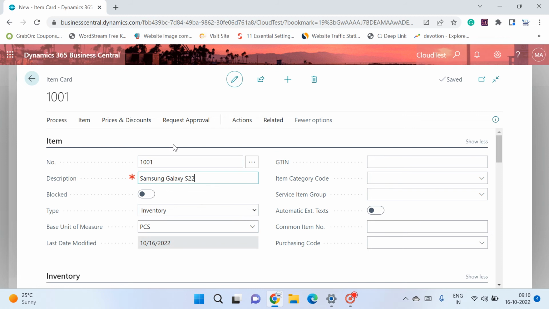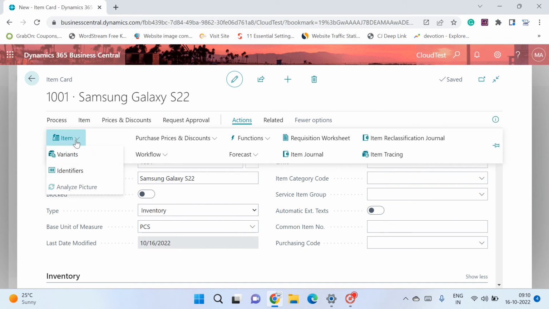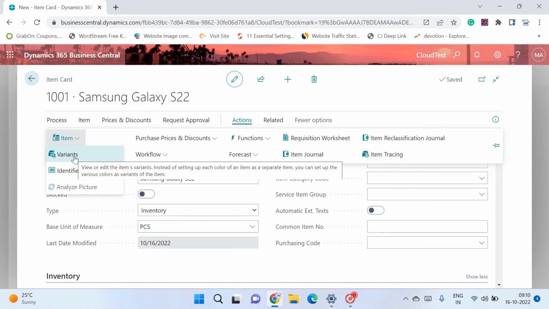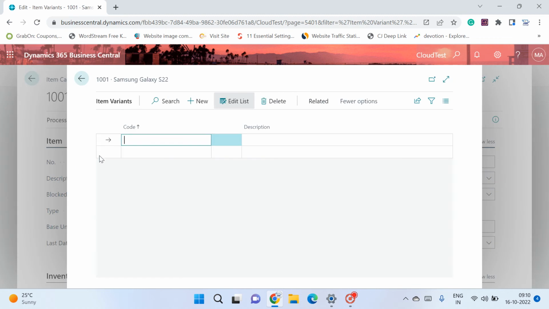So our main item is Samsung Galaxy S22 only, but to handle the inventory parts, to maintain everything from the quantity perspective, what we can do is go to Actions, click on Items, and here is the option called Variants. If I click on this, this screen gives us the option to handle different models of this smartphone. So for example, here we could create a 128 GB model,